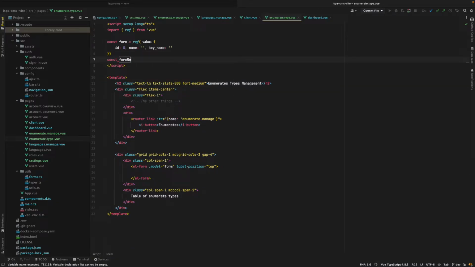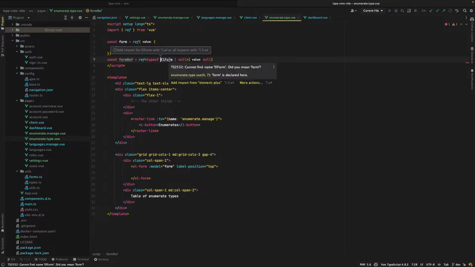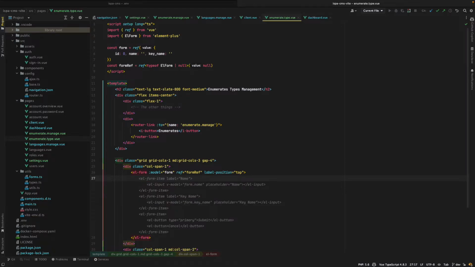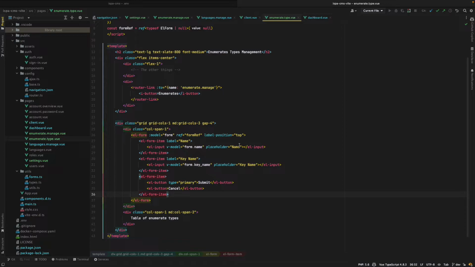We have the constant from ref equal ref type L from, imported L from element plus, and ref equal from ref. We have the prop here,